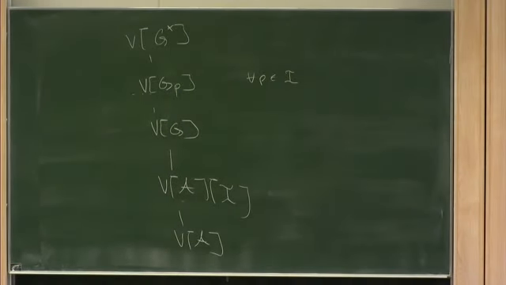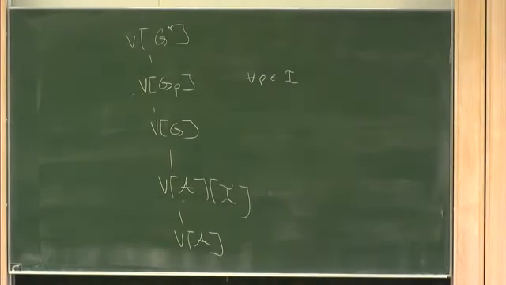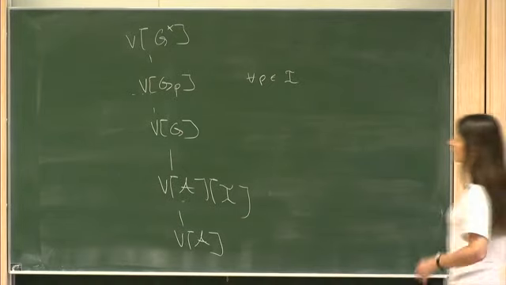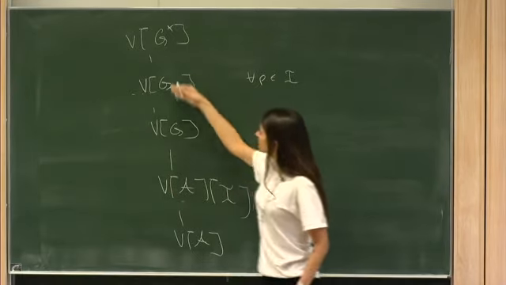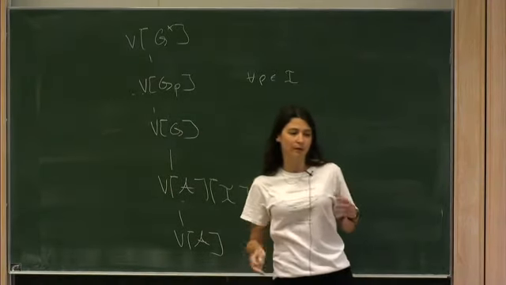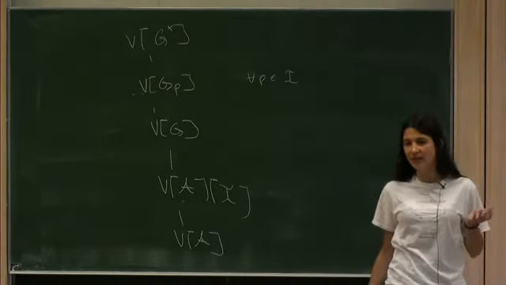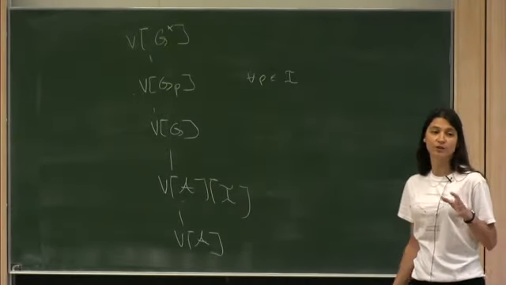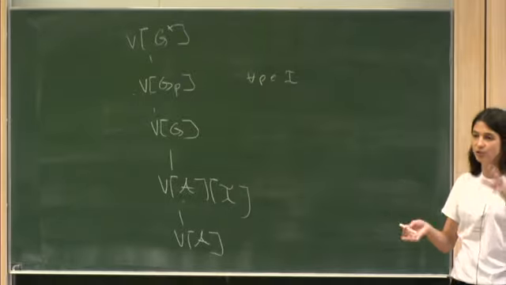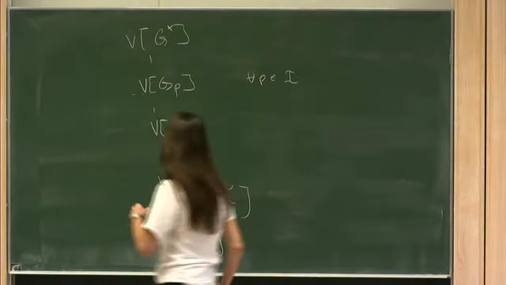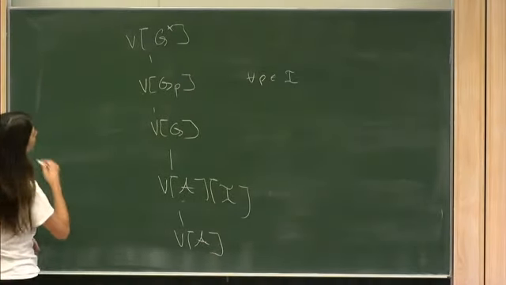There is a model that sits between VG star and VG, depending on... So all of these are forcing extensions where, if you remember, the forcing has the same underlying set, but the order is different by how much interaction you allow between the different coordinates. Okay. And now,